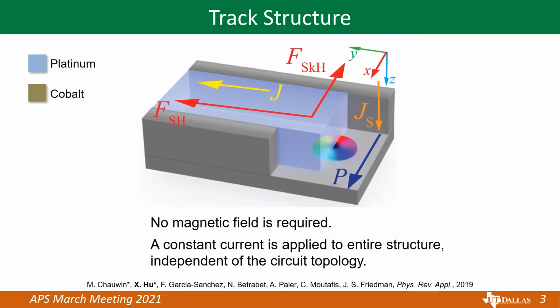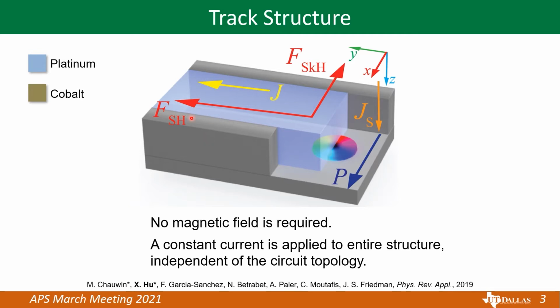What can be used as these billiard balls? Here we consider skyrmions as a perfect candidate. Magnetic skyrmions are two-dimensional quasi-particles that can exist at the interface between a ferromagnet and heavy metal, as the structure diagram shown here. As you can see in this diagram, we apply the current in the plus y direction here, which through some complex physics causes a spin Hall force to push the skyrmion to move in the same plus y